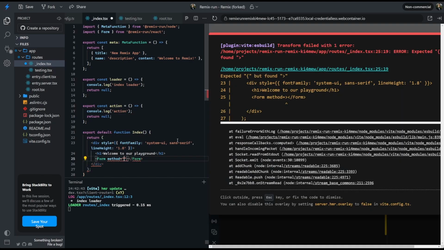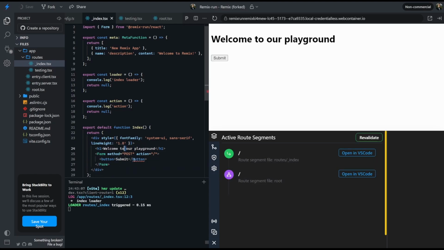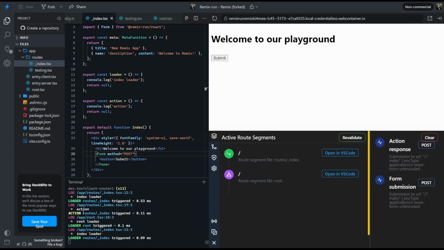So the method is gonna be post, and the action is gonna be here, and I'm gonna add a button here, submit. If you don't already know this, every button without a type is by default a submit button. So if I click this, it's gonna already submit the form. But because by default Remix submits to the current action on this page, we can even remove this action and save this. So if I click submit, you can see that the action was triggered here, and the log in